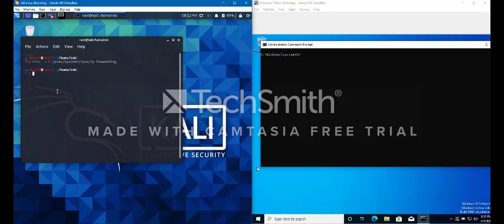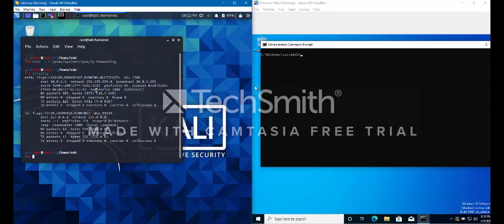All right, so since this already happened, we need three basic things. We need to know the IP address of the Kali Linux machine, the IP address of the Windows machine, and the IP address of the default gateway. So if we do an ifconfig on the Linux machine, we're gonna go ahead and get the IP, which is 10.0.2.4,